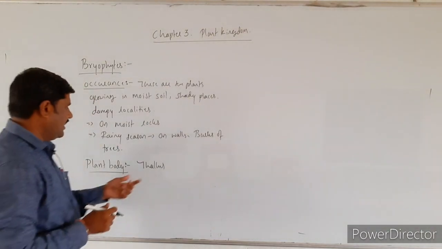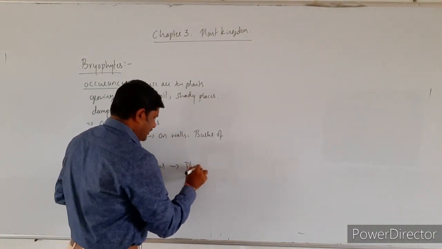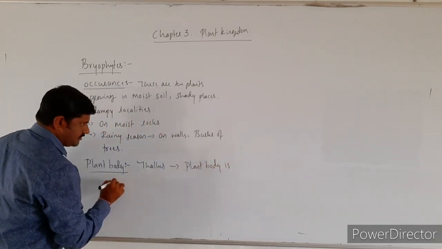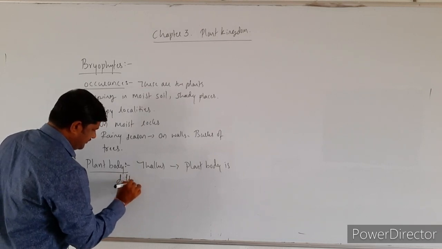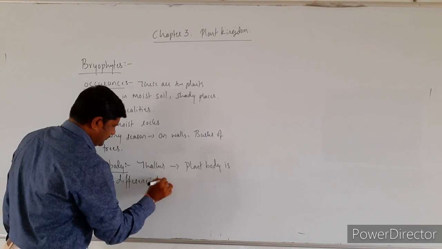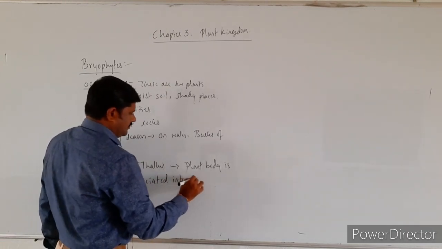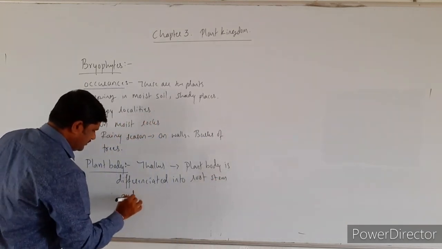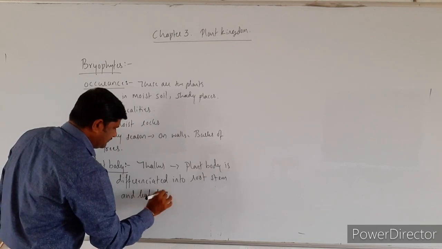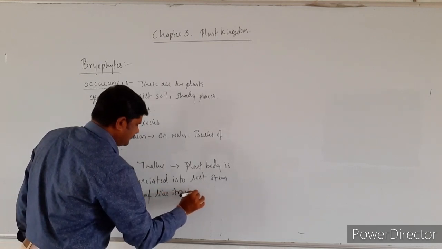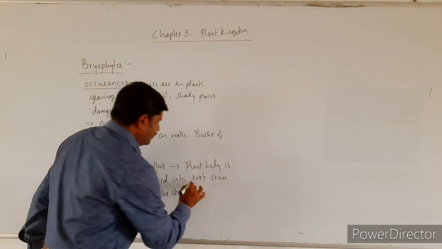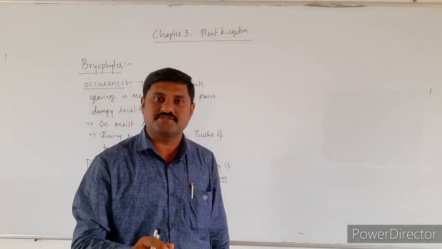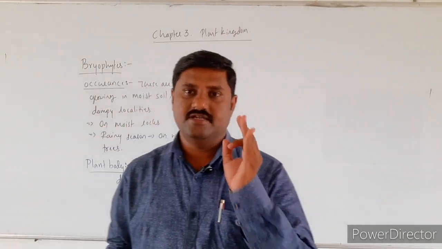That's why the plant body is said to be, of course, thallus. Thallus it is called, and here the plant body is differentiated into root, stem and leaf like structures. But these root, stem as well as leaf like structures are not true roots, stem as well as leaves. Remember,